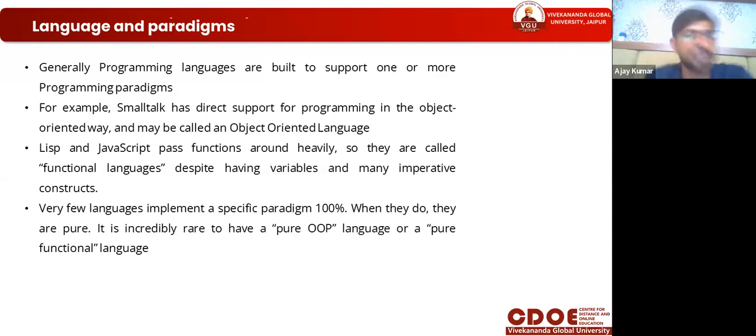When they do, they are pure. It is incredibly rare to have a pure OOP, object-oriented programming language, or a pure functional language. So this sentence tells us no one can take 100% of any specific paradigm. If they did, that part of the software would be 100% pure.